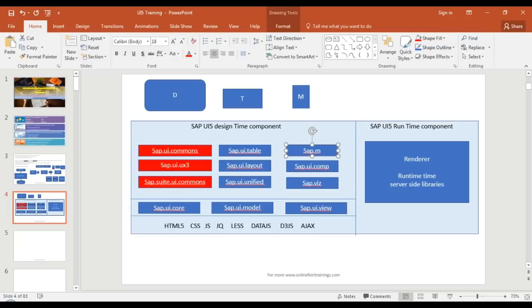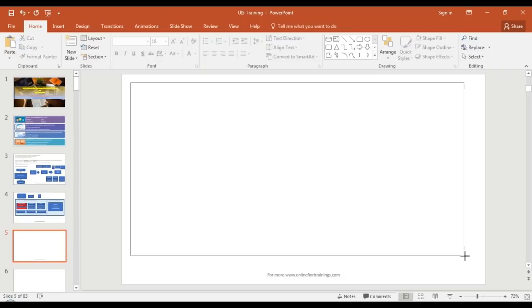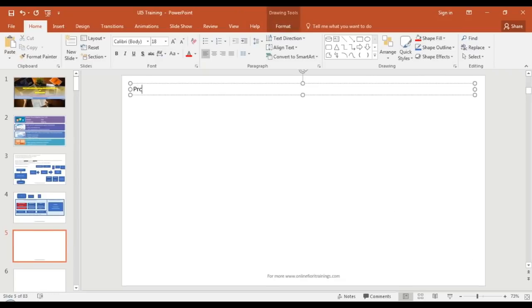So now what we will do is go into the system and create our first Fiori application. Okay, a very simple application. Now before we do this, we need to load this framework. As you all know, before you write any program, you need to initialize something. So typically in any programming language, whenever you write a program,